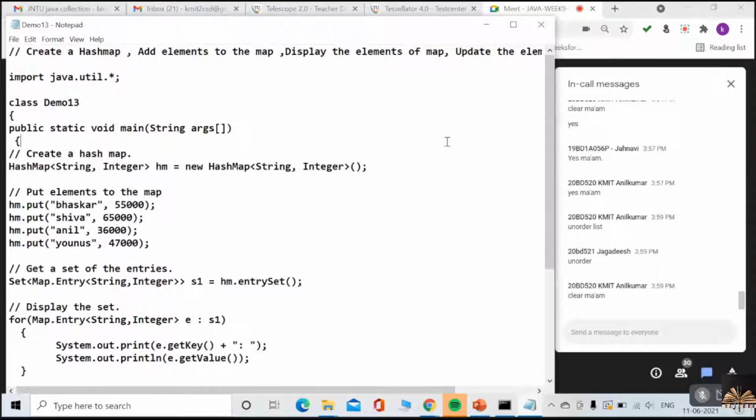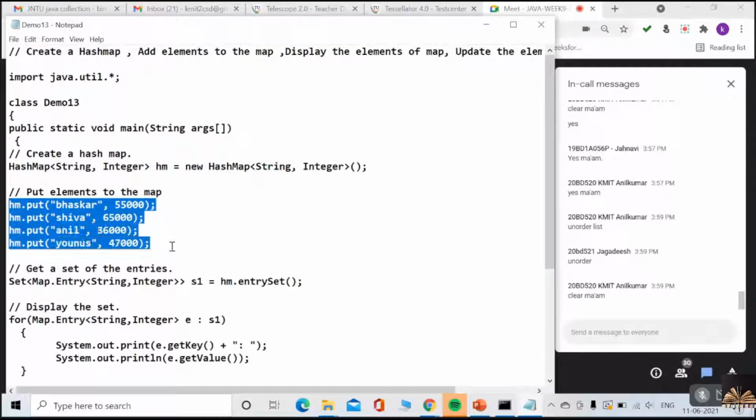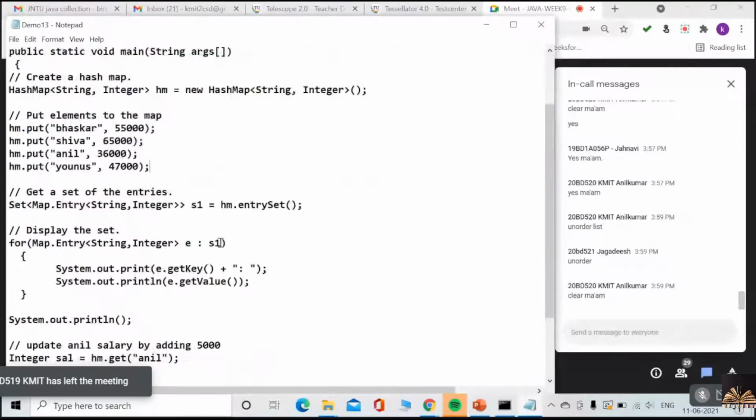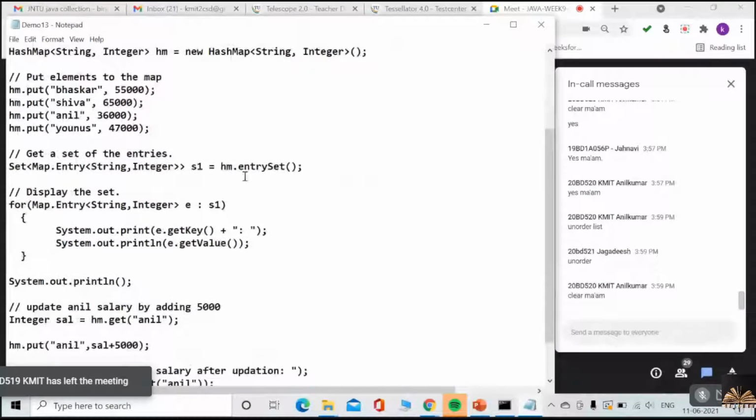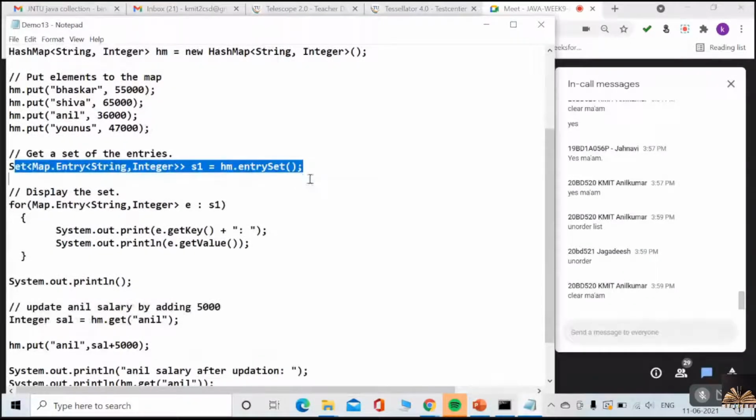Okay, how to update. Look at this once. Here you are creating a hash map, of course, and you already know how to add elements, what method you can use, that is the put method. And you already know how to convert your map into set by using the entry set method.